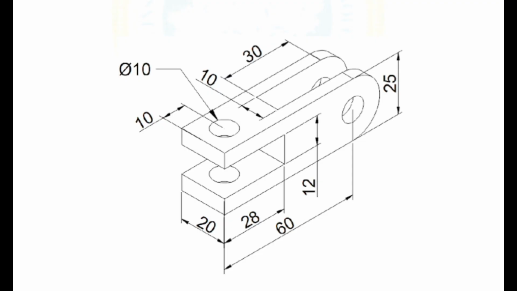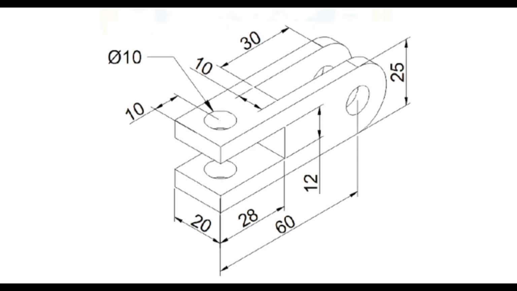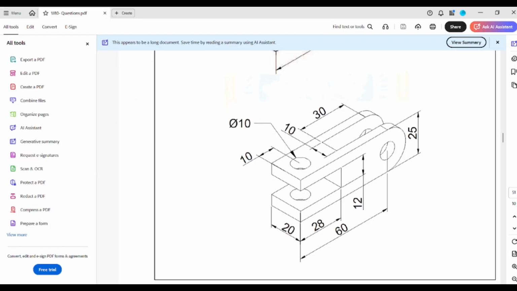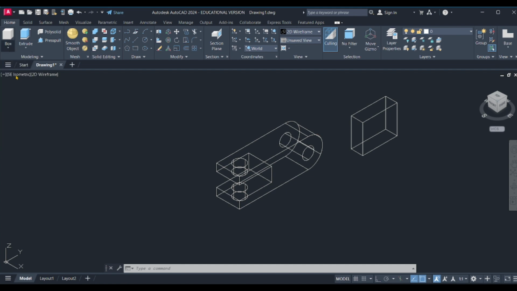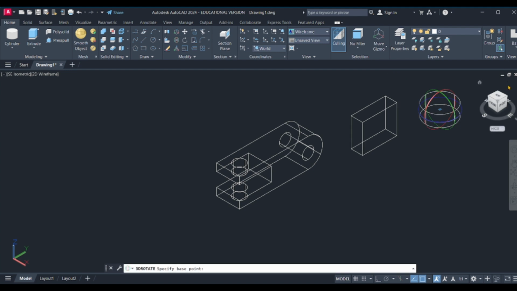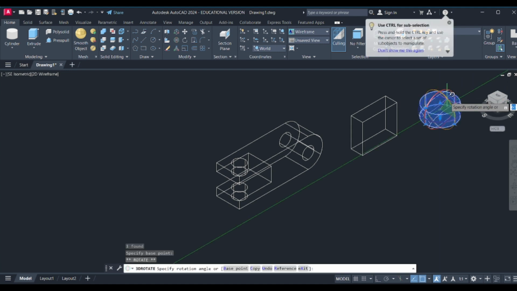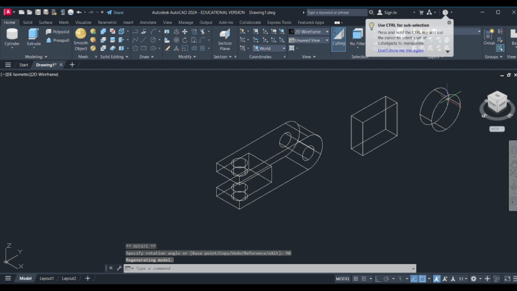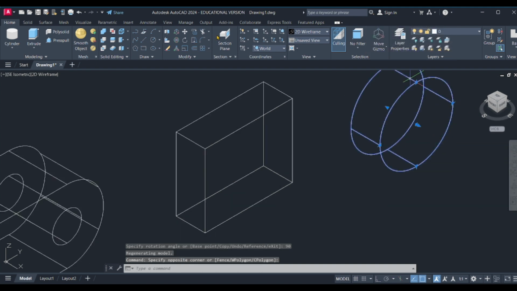Okay, next we have to create the cylindrical portion. 25 millimeter is the size of the cylindrical diameter and height is 10 millimeter. Go to the cylinder option, click randomly on the screen, diameter is 25 millimeter, enter, and the height is 10 millimeter, enter. Now I will rotate the cylinder, 3D rotate, select the green color ring, 90 degree, enter, move the cylinder,